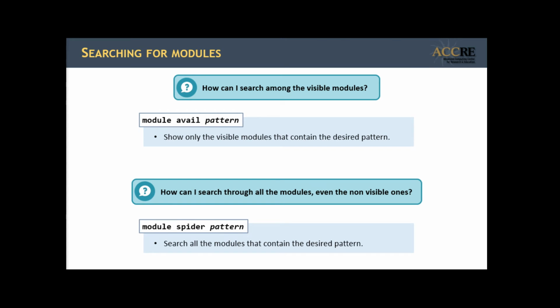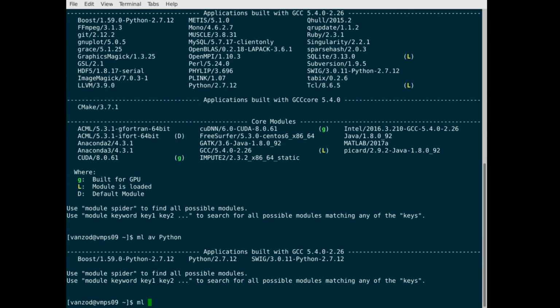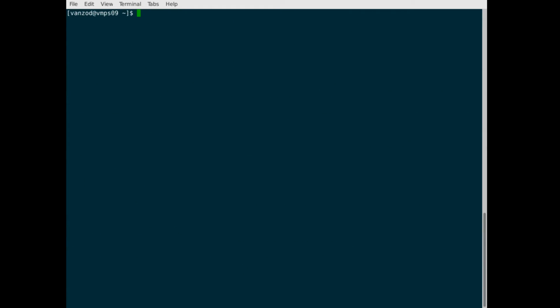So let's see how this thing works. Let me purge the environment. And I go clear. So now ML says no modules loaded. And now, as I said, I want to search for FFTW because I need to build a software that depends on FFTW, and I want to see under which compiler it is available. So what I do is ML spider FFTW,